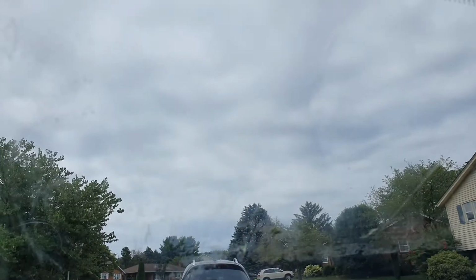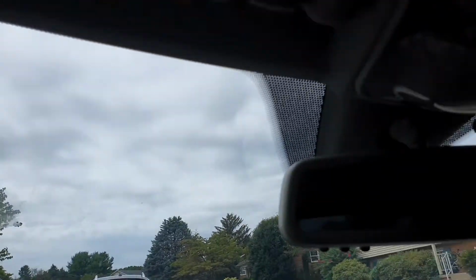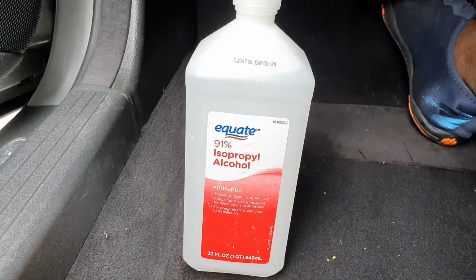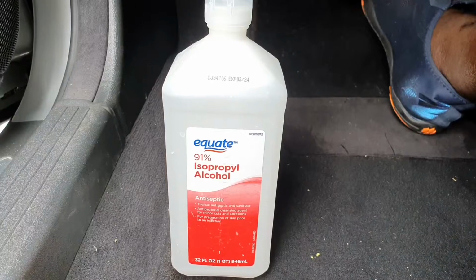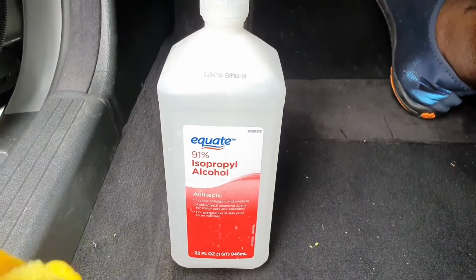So guys, now that we've removed the tint from the windshield, you may be wondering what's the best way to get rid of that sticky residue, and we have a solution. Some of you might have tried the tint removal stuff from the store, but you may have the solution right there at home, and it's 91% isopropyl alcohol applied to a cloth, and this breaks up